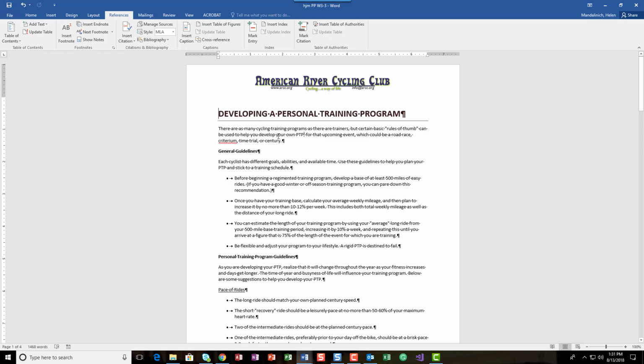So we want to find the word schedule. It's the end of the first paragraph under general guidelines. And one of the things that you want to know about citations is that it always comes before the period. So I want to position my insertion point at the end of the word but before the period. Okay? So now we're going to come up here and we're going to say insert citation,